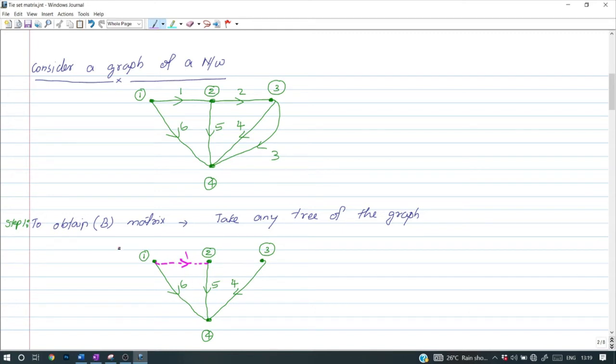In order to build the B matrix, we need to know what a fundamental loop, or F loop, is. So the addition of one link on a tree that creates a loop, that loop is known as a fundamental loop. Similarly, if we add another link, say link 2, it creates another loop. So this is fundamental loop 1, and this one is another fundamental loop. Clear? Similarly, if we add the third link, it creates another loop. This is fundamental loop 3.